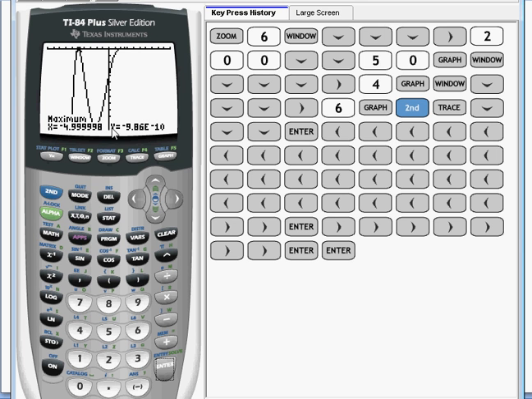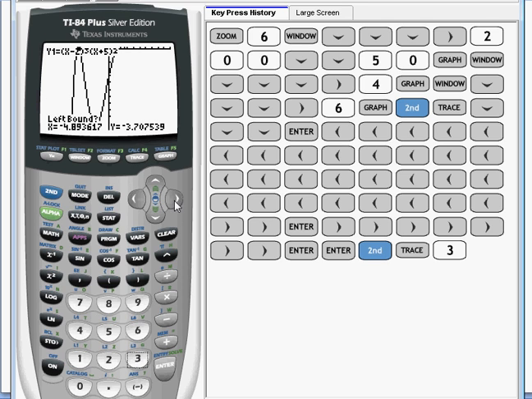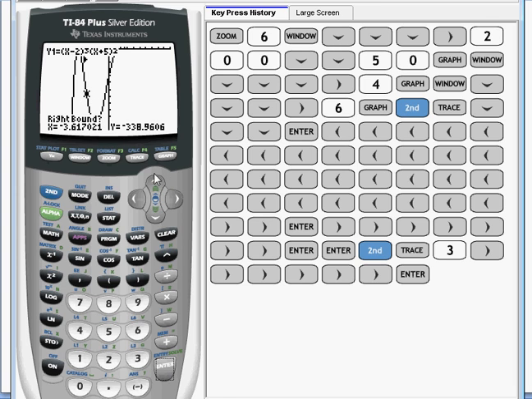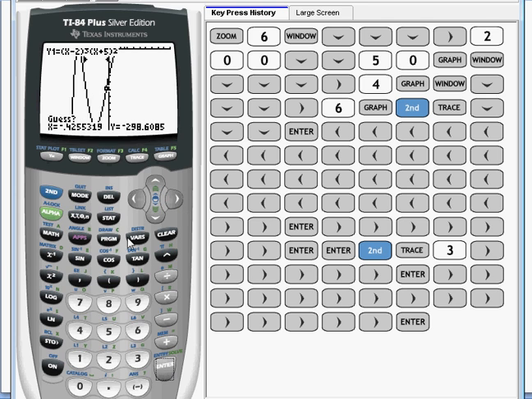So now we want to find the minimum. Therefore we go to second calc, and we want to go to min, which is number 3. And we want to be to the left of where we think the minimum is. Well, the minimum's here, so we want to put the cursor there. And then we want to be to the right of where the min is, so you just want to scroll over to the right. And press enter, and then it asks you to guess. Yes, I would. And there's our min value, negative 2.19999 and negative